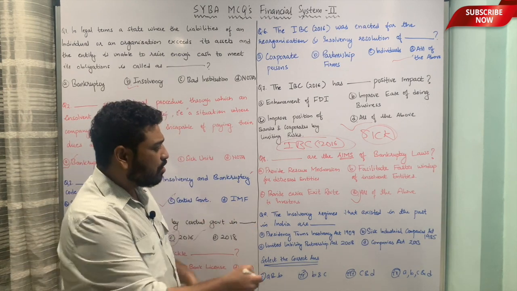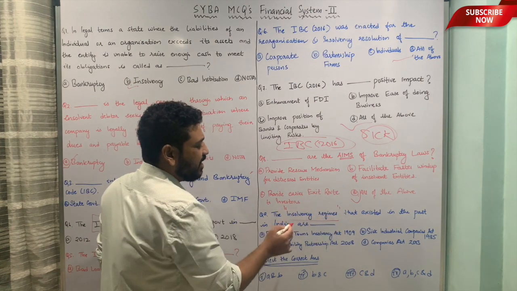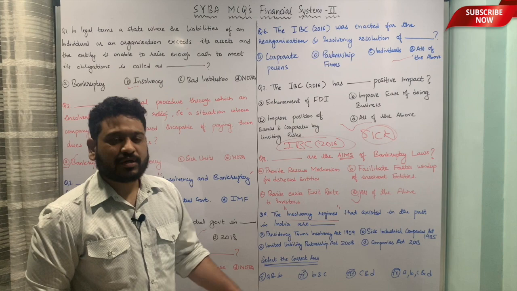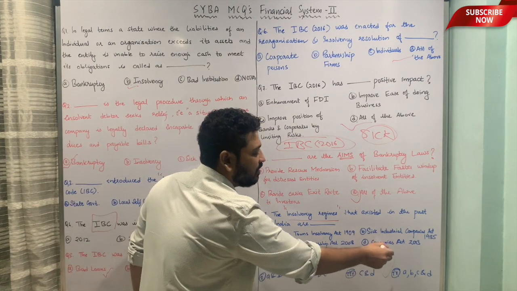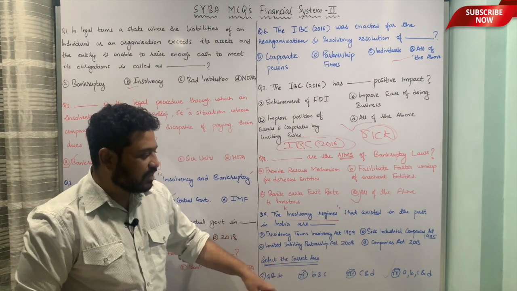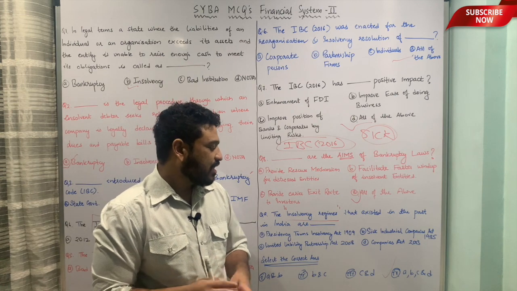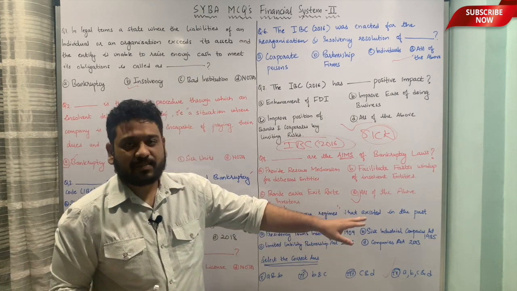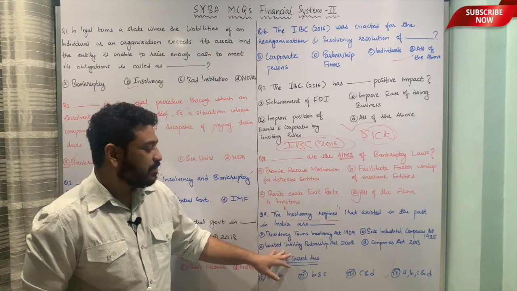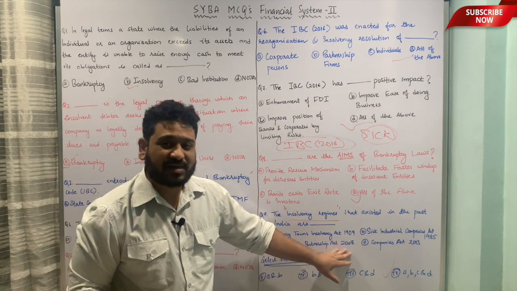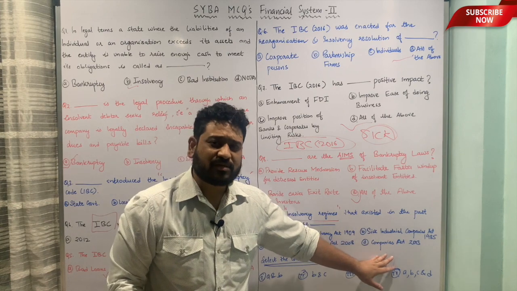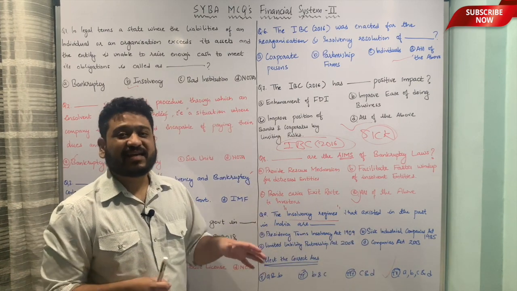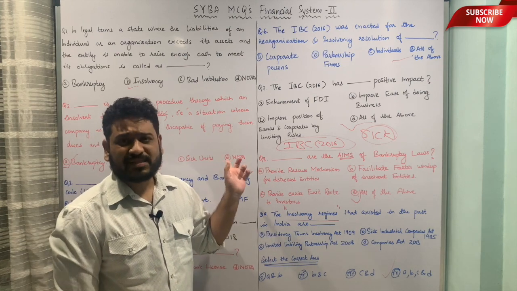That means all of these insolvency regimes existed before the introduction of Insolvency and Bankruptcy Code in 2016, and therefore option D, or option 4 rather in this case, is the correct answer, which says that all of these, that is Presidency Towns Insolvency Act, Sick Industrial Companies Act of 1985, Limited Liability Partnership Act of 2008 and the Companies Act of 2013 are all of these insolvency regimes that existed in India before the IBC 2016.